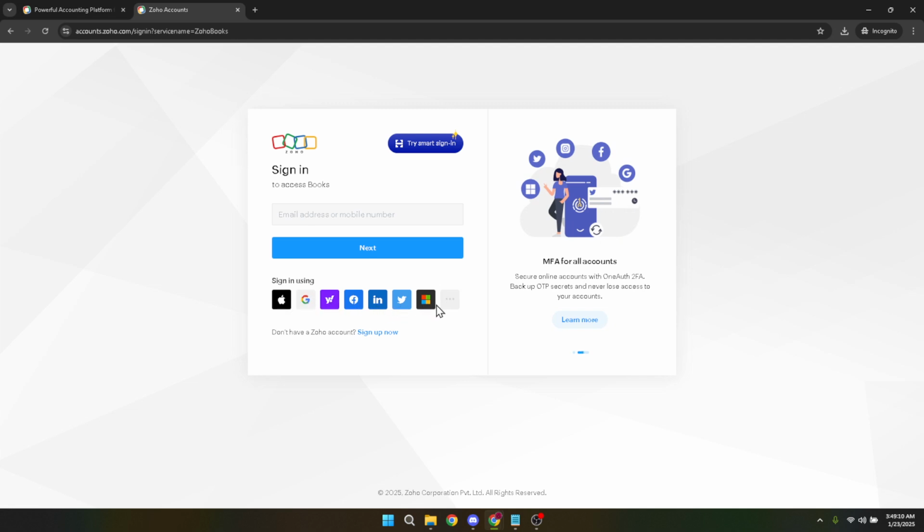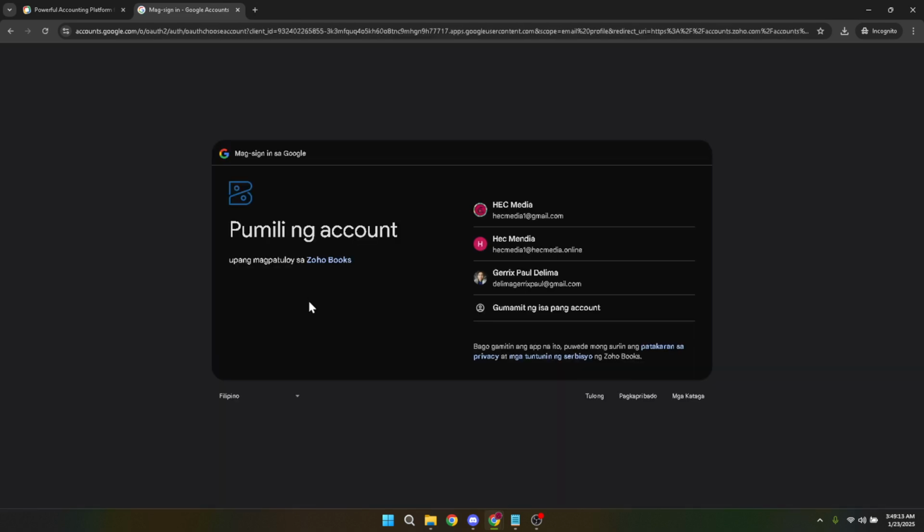As you're directed to the sign-in page, you will see the Google option prominently displayed among the sign-in choices. Click on the Google button and a new window will pop up displaying all the Google accounts you are currently signed into on your device. If it's your first time logging in via Google, or if you wish to use a different Google account, you might need to enter your Google credentials or add a new account by selecting Use Another Account and then filling